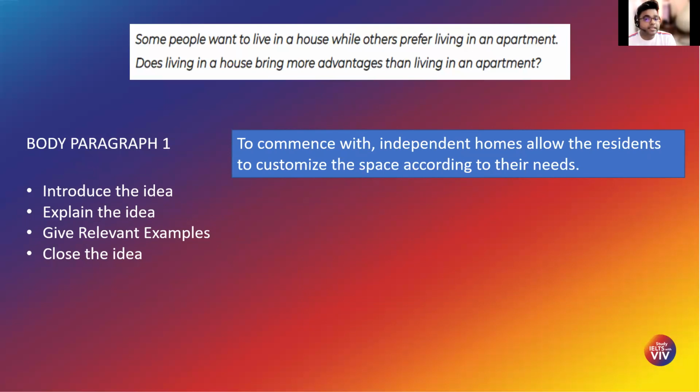Now, only in this essay type would I want you to follow this trend. You don't have to write the disadvantages, but you have to compare the disadvantage with the other point of the essay. So in this case, you are in favor of houses and not in favor of apartments, and your explanation has to mention that this particular point that you've added here, how does that play with apartments?